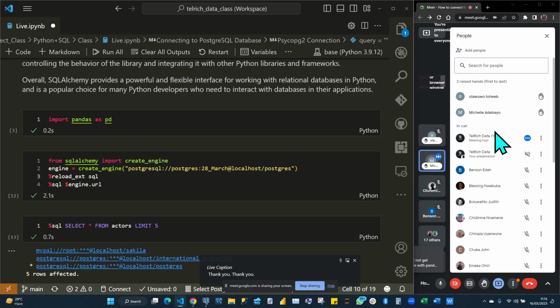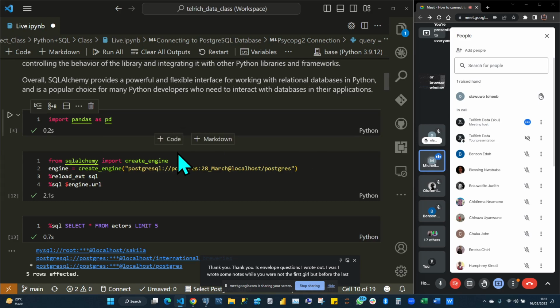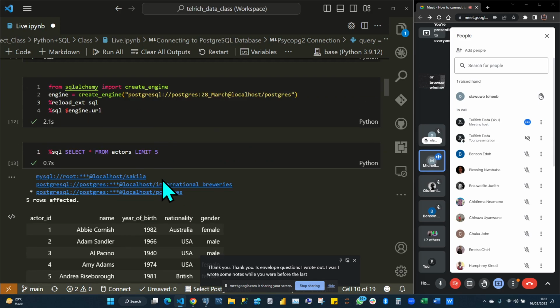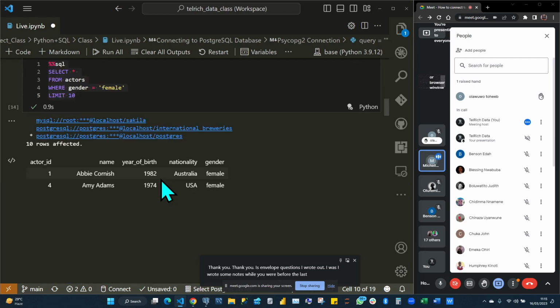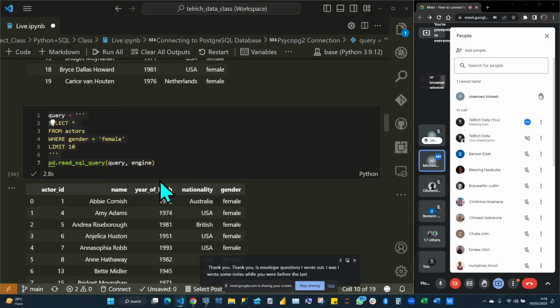Please, I have a lot of questions. I wrote some out while you were showing us the PostgreSQL method. But before we go there, the last one we did, why did we change it to my DB one? What does it represent? As in, how did it come about? I understood how